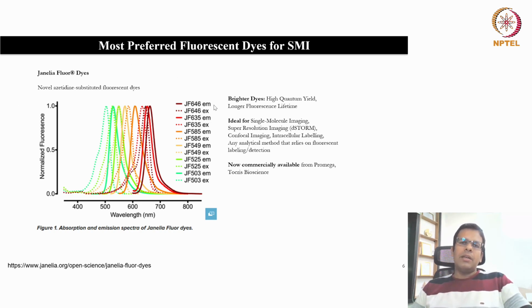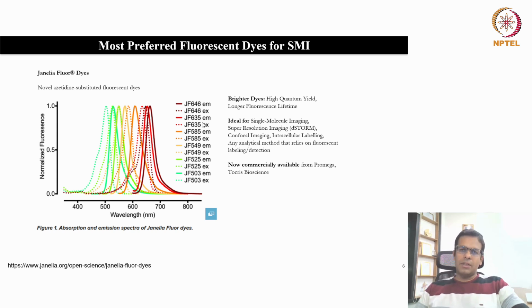Generally the dyes in the higher wavelength, like JF646 or JF635, are the most preferred because they induce less phototoxicity because of the far red range. So you can choose any of these colors, but preferably you should go for the longer wavelength like JF646